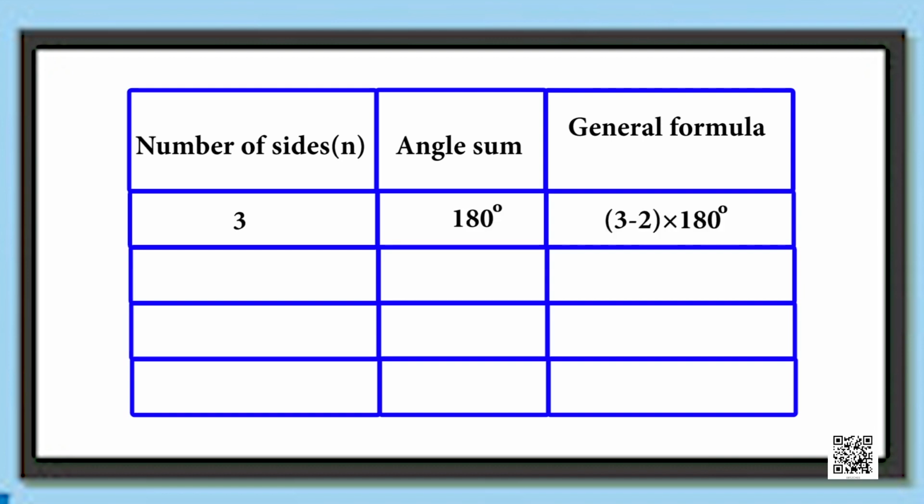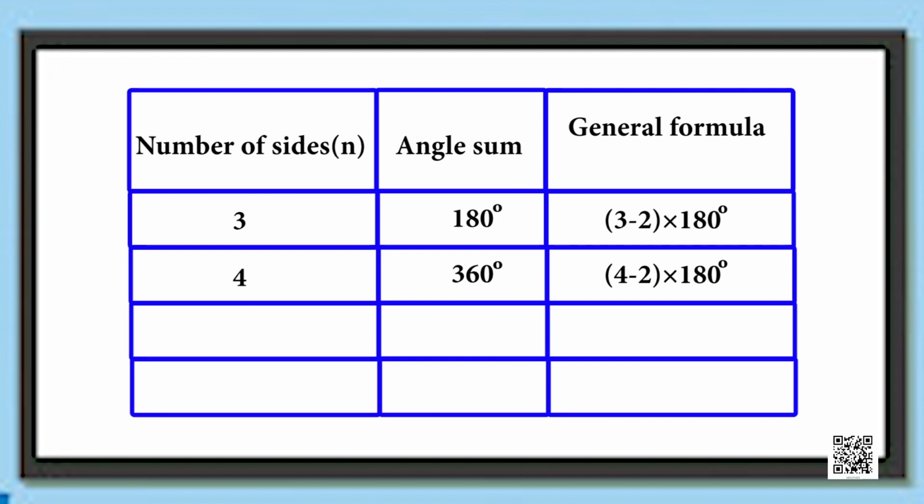For a polygon with 3 sides, the angle sum will be equal to 180 degrees. And how do we get this? Here, because the polygon has got 3 sides, it will be 3 minus 2 times 180 degrees, which is 1 into 180 degrees, and hence it is 180. When the polygon has got 4 sides, the angle sum will be 360 degrees. Because it is a 4-sided polygon, it will be 4 minus 2 times 180, which is equal to 2 into